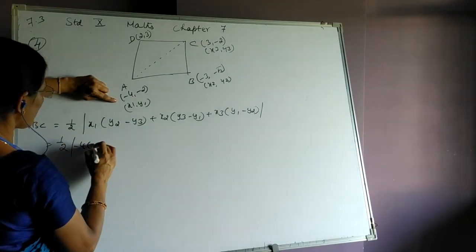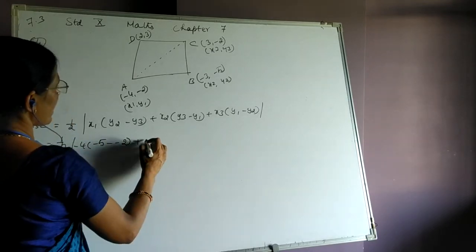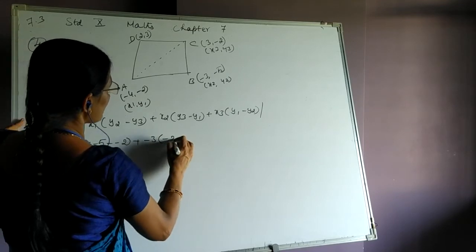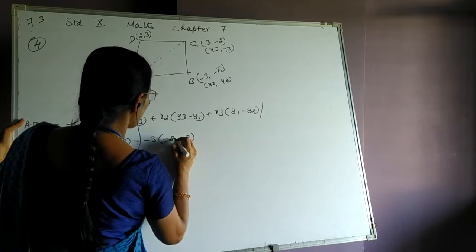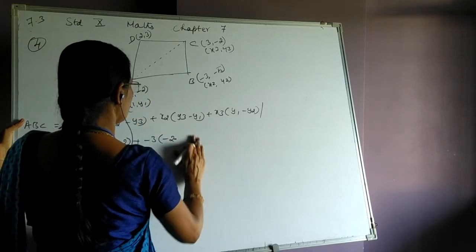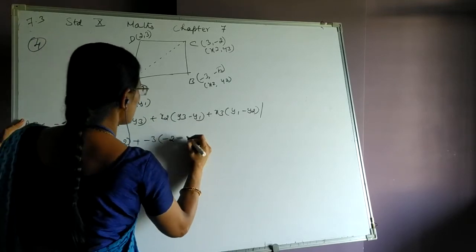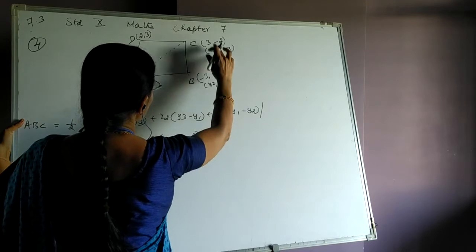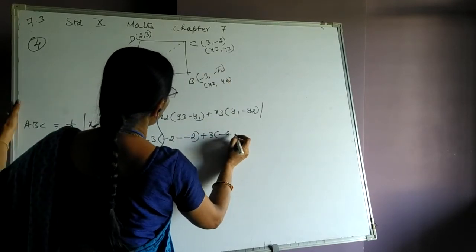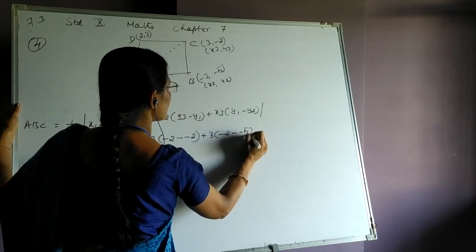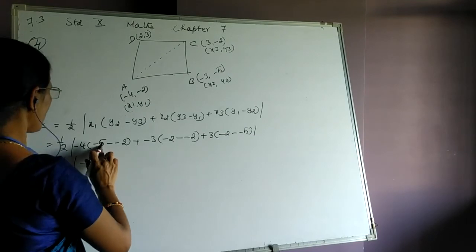So instead of finding the area of one triangle like the previous sum, here we have two triangles. Get the area of each triangle, add the areas of both triangles, and we will get the area of the quadrilateral. So first I take this as x1, y1, x2, y2 and this is x3, y3. I get the area of triangle ABC. I write the formula: x1(y2 minus y3) plus x2(y3 minus y1) plus x3(y1 minus y2).